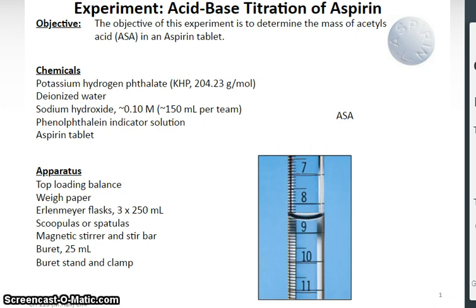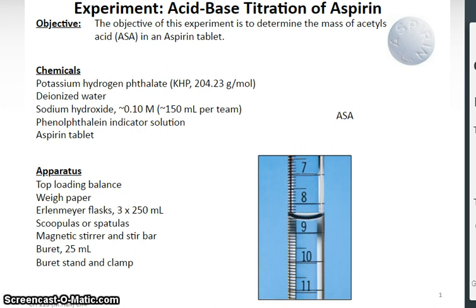Chemicals required: potassium hydrogen phthalate, KHP, 204.23 grams per mole molecular weight, deionized water, sodium hydroxide approximately 0.110 molar, approximately 150 milliliters per team, phenolphthalein indicator solution, and aspirin tablets. Apparatus required: top loading balance, weigh paper,